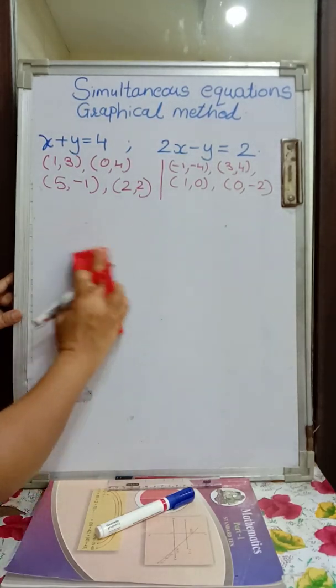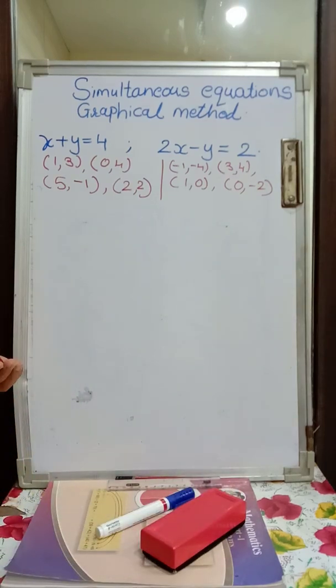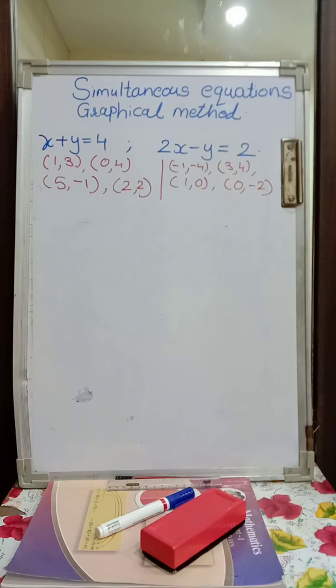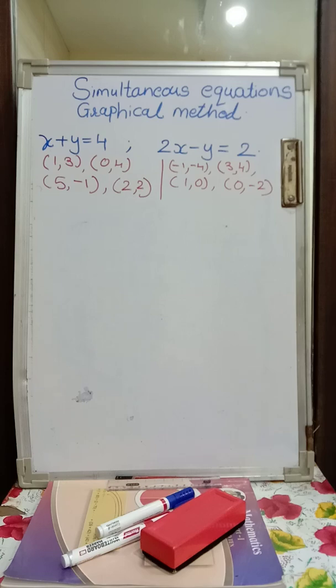Students, I would like to tell you, GeoGebra is a very good website for drawing the graphs. As you change the equations, the lines also change and you will come to know what the intersection points are. So that of course you can see, but in exam we have to draw manually. So I thought of representing it along with the graph paper itself. So let's see on the graph paper now.